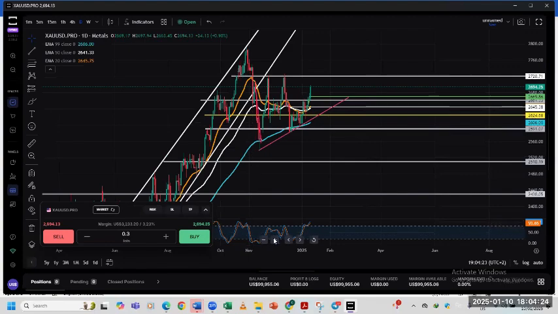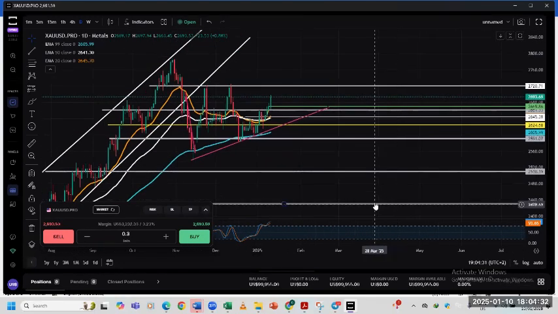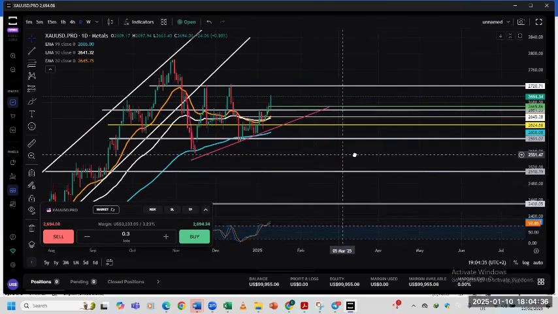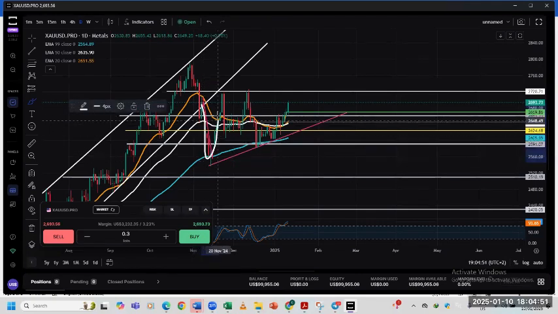Okay, let me expand this. You see, a weekly support or resistance is stronger than a daily support or resistance, which is stronger than a 4-hour support or resistance. I want to show you something. If you notice, gold was in a range. We went up, came down, went up. When we came down here, there was a high probability that we would go back and revisit this. So this is the daily time frame, and we see that when price came here previously, it came down.